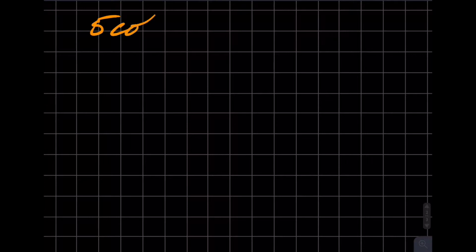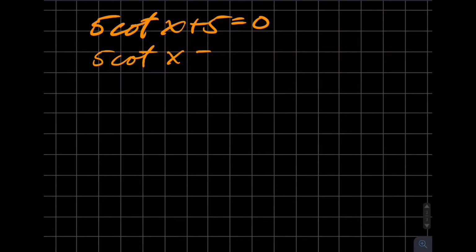5 cotangent x plus 5 is equal to 0. Okay, so this one's actually pretty straightforward. It's like the one we did previously if you were doing them in order. I'm going to subtract 5 from both sides, and then I'm going to divide both sides by 5